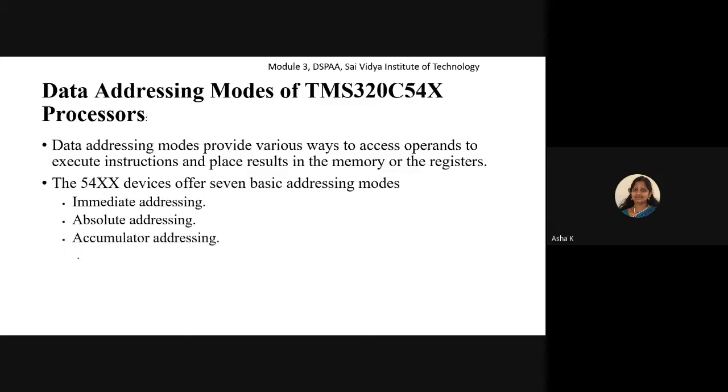And the next one is called accumulator addressing mode, based upon the data transfer from program memory to data memory or from data memory to program memory. This is the third type of addressing mode, called the accumulator addressing mode. And the fourth one is direct addressing mode. We discussed similar details in module 2 also, but it is a little bit different from module 2. In module 2, it was for a generalized processor. This direct addressing that we are discussing here is particularly for this processor,